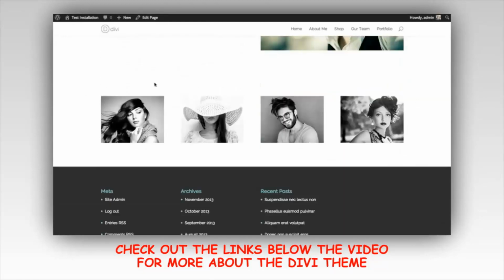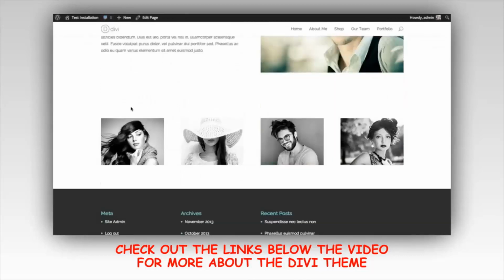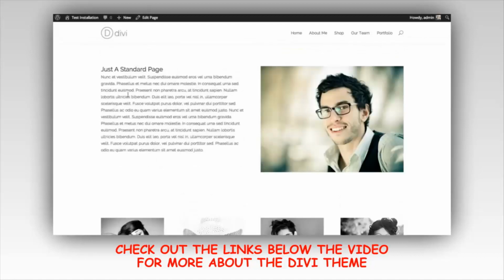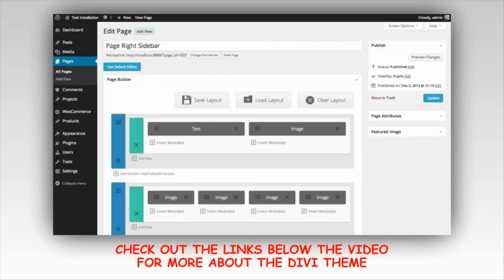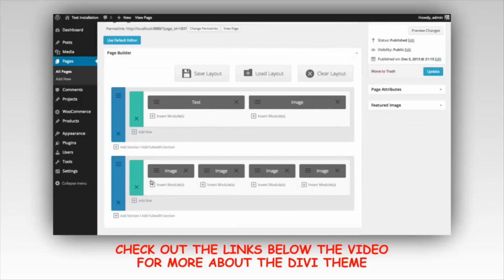Below that, we have a new section with a 4 1/4 column row, and in each column, we have an image module. Now, I think I'd like more separation between these two sections. So what we can do is give our second section a different background color, which you can do in this